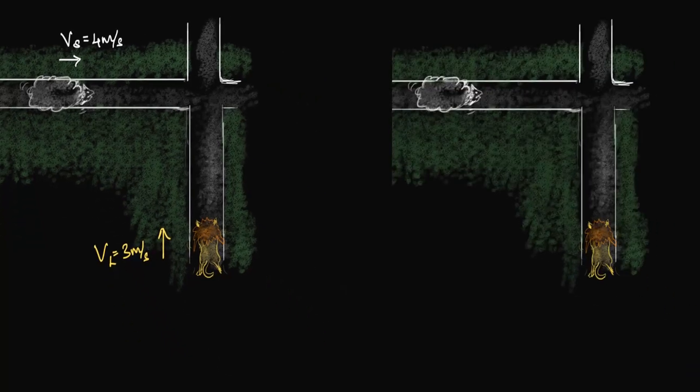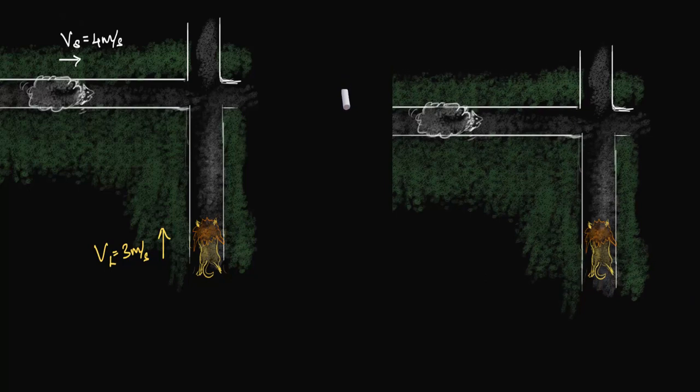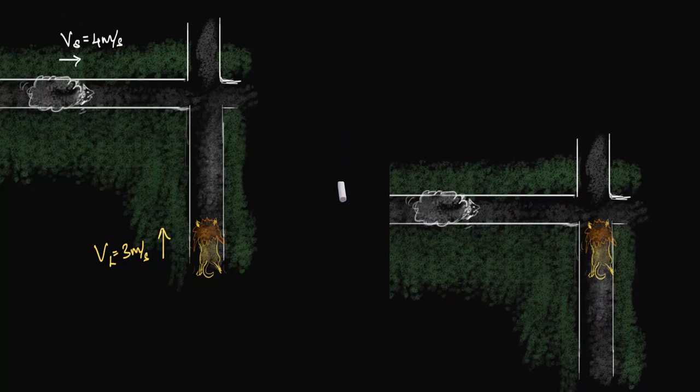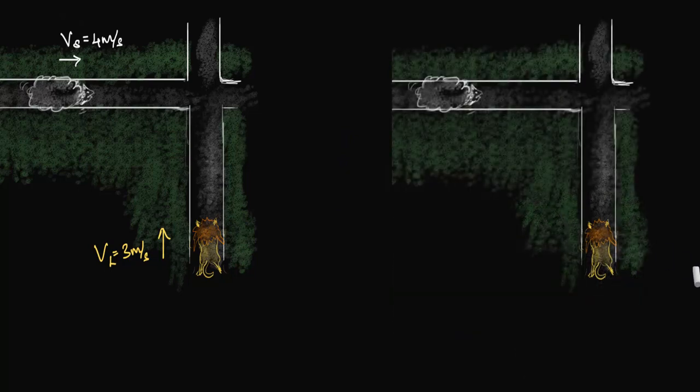So here it is. Let's jump into the lion's reference frame, or the lion's perspective, and from the lion's perspective, you would see the whole road going backwards this way. And if you have used GPS, then you see something very similar, right? You don't see yourself moving, you see the rest of the world moving. Now comes the big question. What will the lion see the sheep doing? I mean, think about it. The sheep is moving 4 meters per second on the road, on the ground, but the ground itself is traveling backwards 3 meters per second. So to figure out the relative velocity of the sheep, seen from the lion's point of view, we will wait for 1 second and figure out where the sheep ends up.